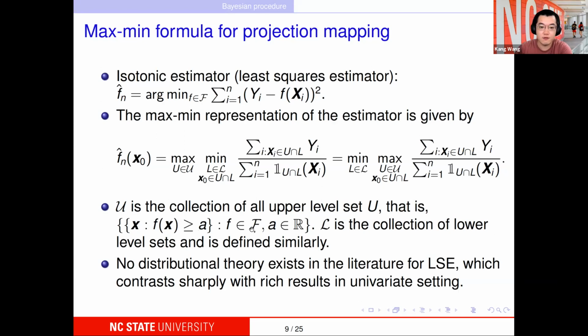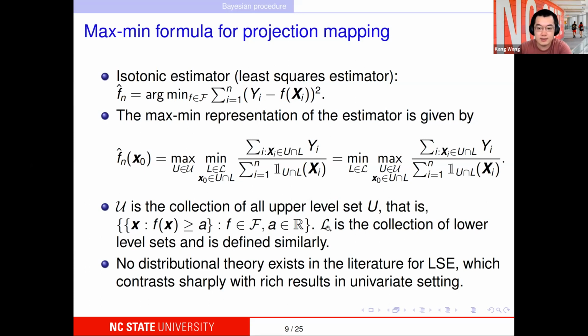F comes from the monotone function class. So this collection is very large, because F only needs to satisfy the monotone shape restriction, and there are a lot of monotone increasing functions from 0 to 1,